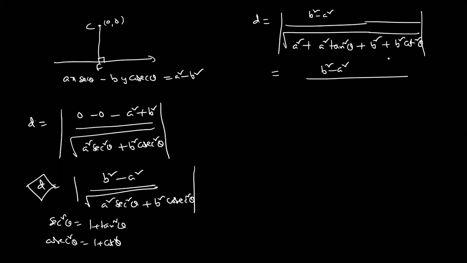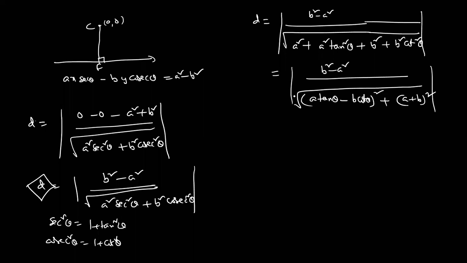So how to solve here? See carefully what I'm doing. A tan theta minus B cot theta, whole square, plus, what I did, anyone? Here A square plus B square is there. Dear students, I am adding plus 2AB minus 2AB. See carefully. Adding plus 2AB minus 2AB. Then plus 2AB minus 2AB means what? Tan theta cot theta cancel.